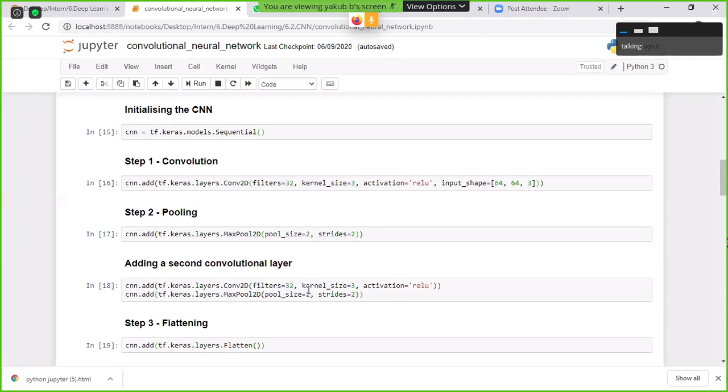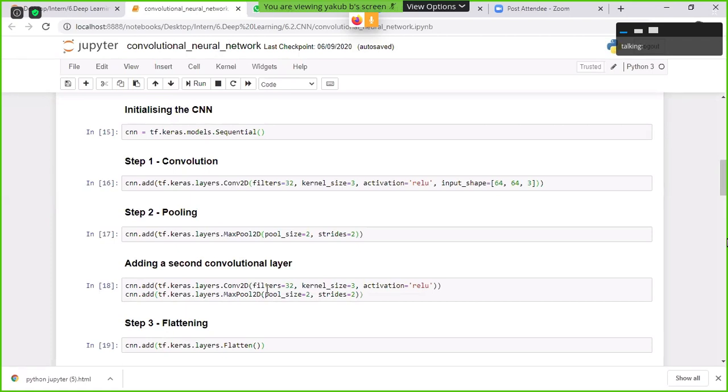Again I want to capture 32 features. Here again I want to perform the convolution operation 32 times on the input image which we obtained from this max pooling layer. Again for the hidden layer we need to apply the ReLU activation function. Again I am performing a pooling layer. Whenever you apply pooling after performing convolution, the image size will be further reduced.